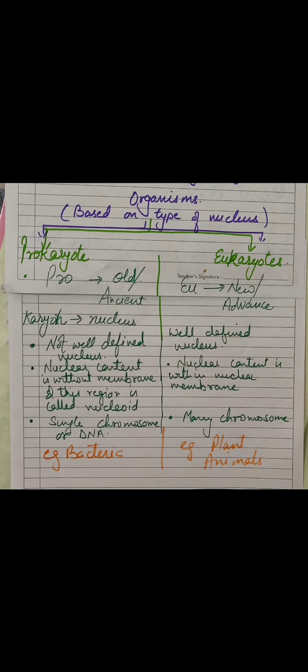So you can imagine how the prokaryote looks. Just now I'll show you one diagram of bacteria, and you can imagine where the nucleoid is present and how it looks. By that you can imagine how the eukaryote and the prokaryote differ. Now you can see what a prokaryotic cell looks like. See the yellow area which I said is called the nucleoid. It is the region. There is no nuclear membrane, nothing at all, only a single circular DNA is present in this area, and this content is not bounded by any membrane.